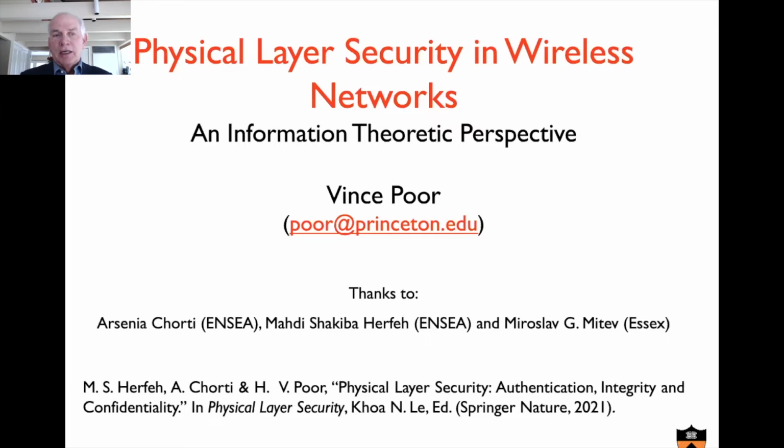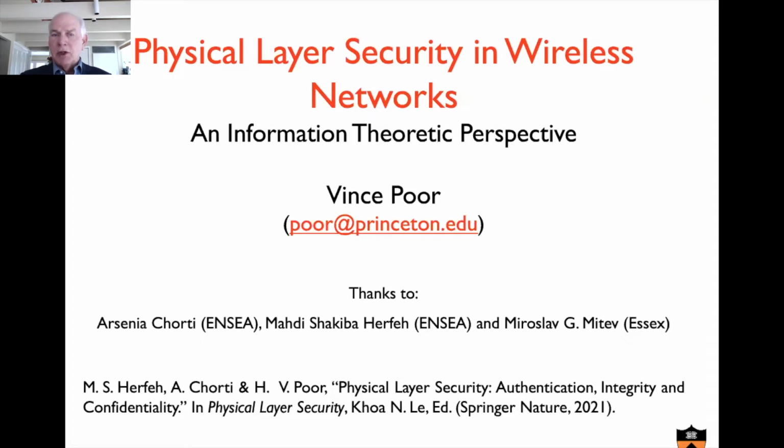Now, of course, our cellular networks are pretty secure. I think certainly the wireless interface between cell phone and the base station is pretty secure. But there are a lot of emerging kinds of wireless networks, particularly Internet of Things networks, where we don't have the same luxuries in terms of computing power and so forth, and tight infrastructure that we have with, say, a cellular phone network.